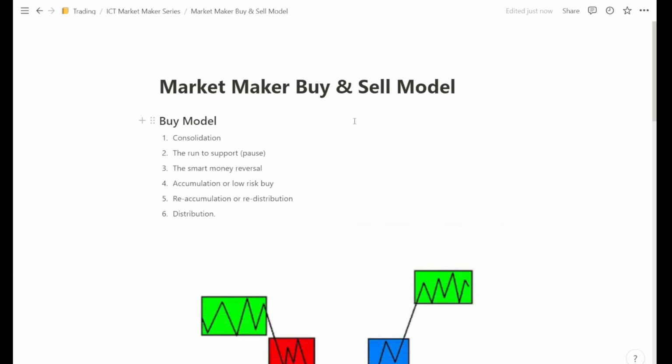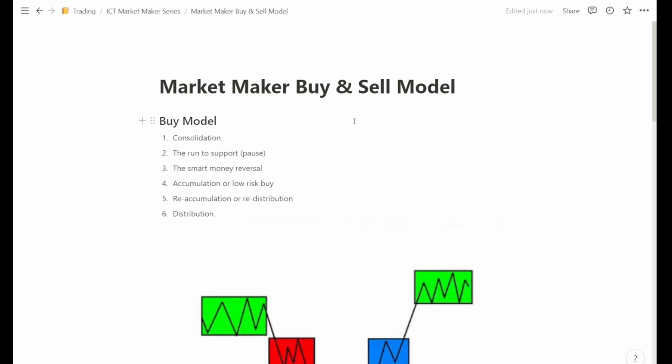I first learned this model back in early November last year, I think. Initially, it was a little bit confusing, but having looked at the charts, it was the first model I tend to see play out. But eventually I abandoned it and I tried to make things a bit simpler. However, I think that this is the model that you would find extremely helpful if you are still struggling with